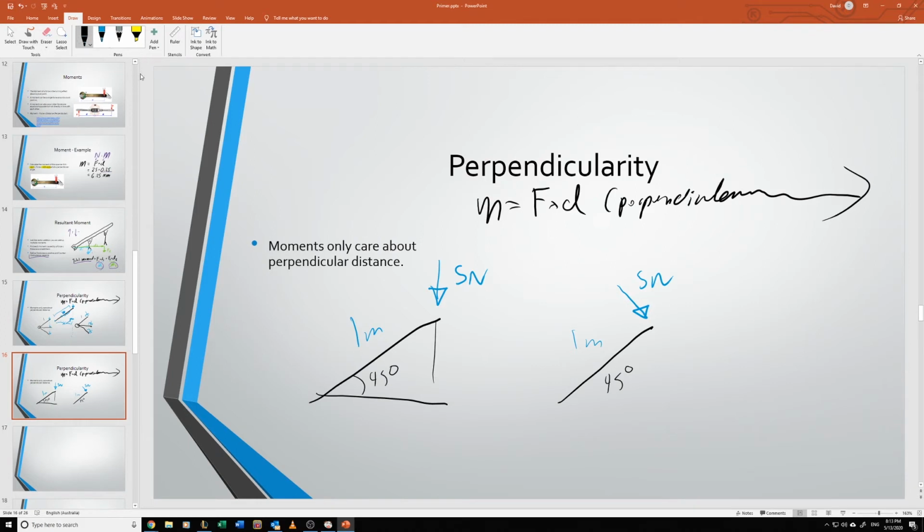We know this moment over here, about this point, is going to be equal to force times distance. Our force is 5 newtons times a distance of 1, so its moment is 5 Newton meters. Okay, that's easy. This one over here, our perpendicular distance is not 1, because if we were to draw an infinitely long line,